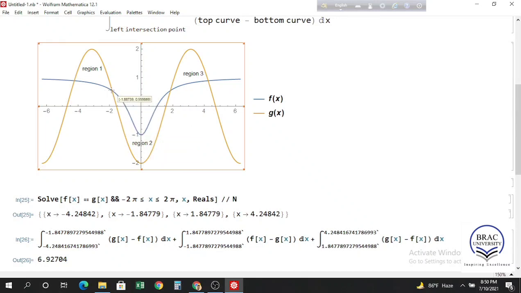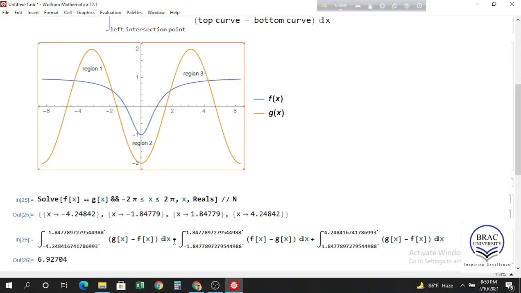Again minus 1.8 is the lower limit and plus 1.8 is the upper limit of region 2, and for region 2 f of x is the top curve and g of x is the bottom curve. So we have to integrate f of x minus g of x for region 2, and for the third region we have to integrate from plus 1.8 to 4.2, and for region 3 the top curve is g of x and the bottom curve is f of x. So you have to integrate g of x minus f of x,